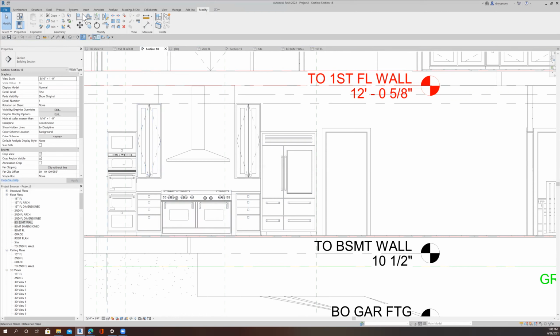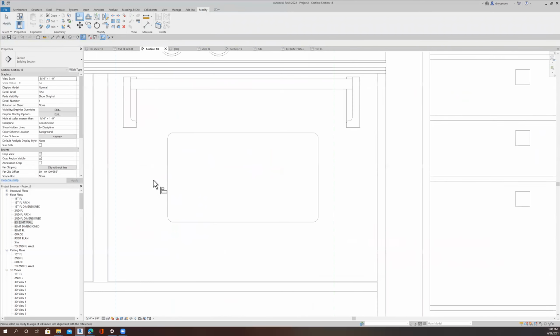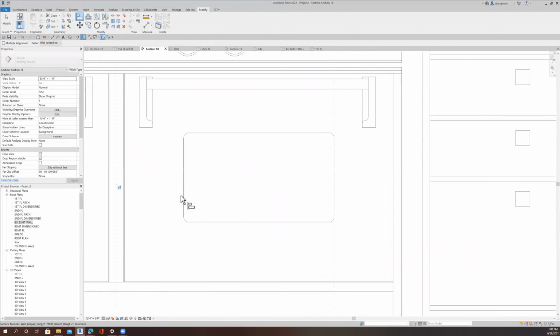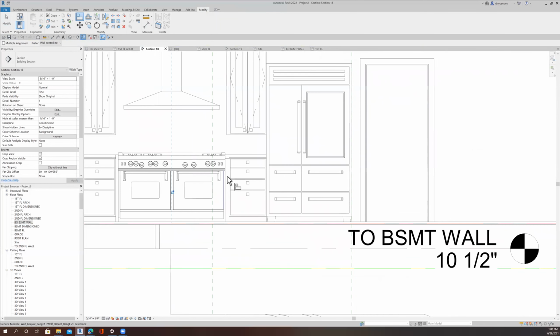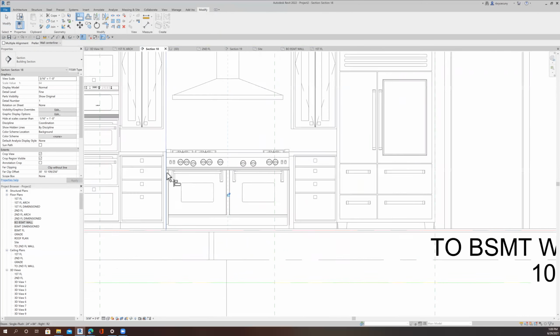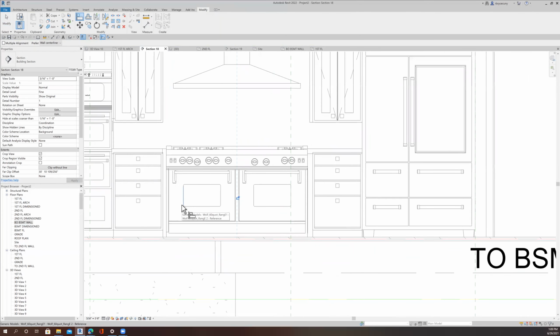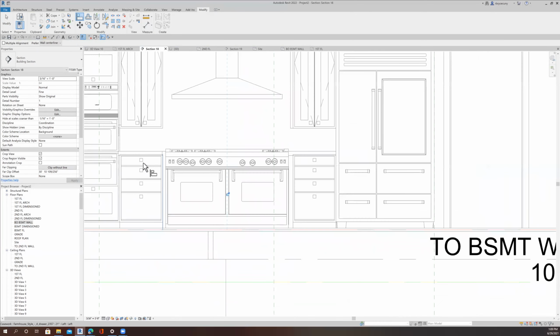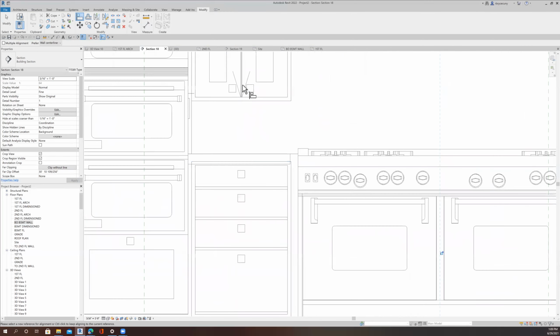Ah, I centered the hood, but I didn't center the range. Oh, so this distance and that distance, not the same, but they should be. All right, so